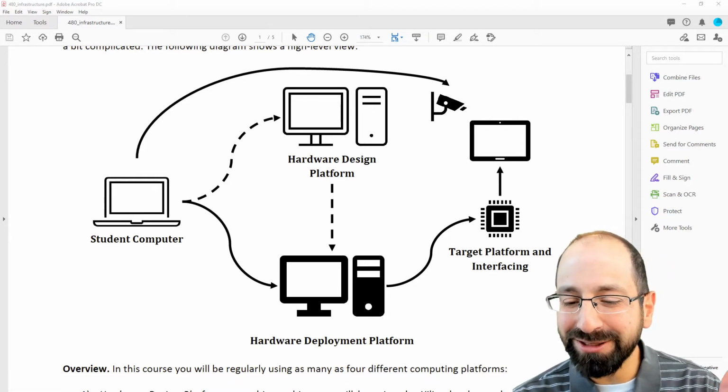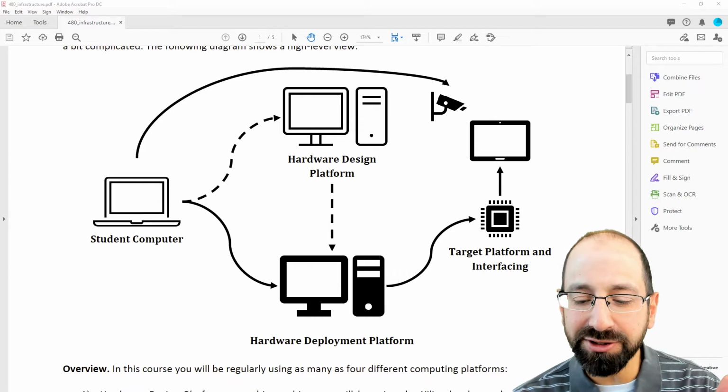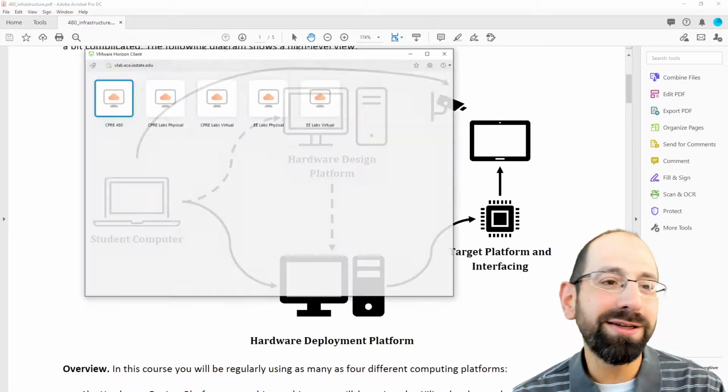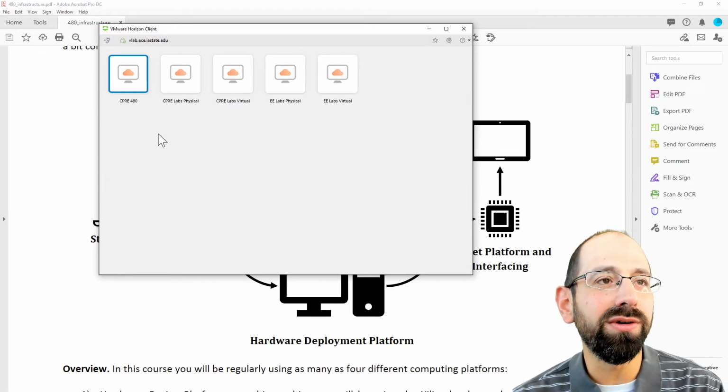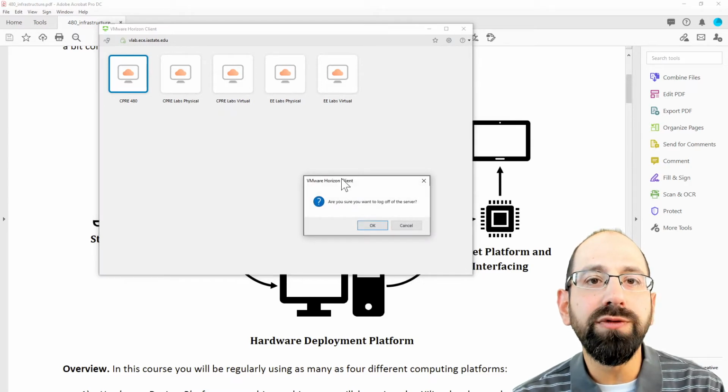Let me know as you get started with it where you get stuck, because certainly I expect there to be some hiccups along the way. It's been tested for a few people, but there's a lot more of you than I've been able to test for configuration-wise. You would first connect to the VDI pool via